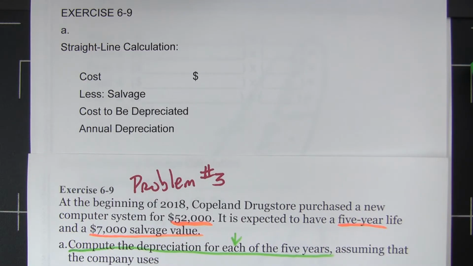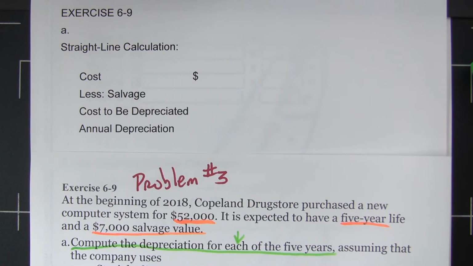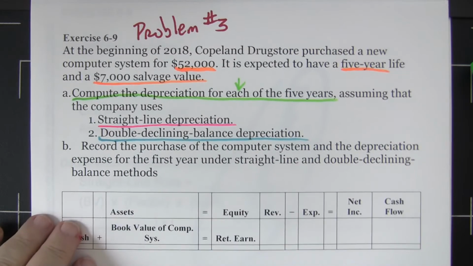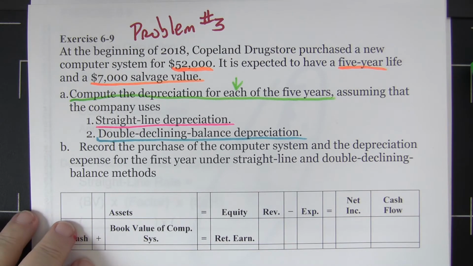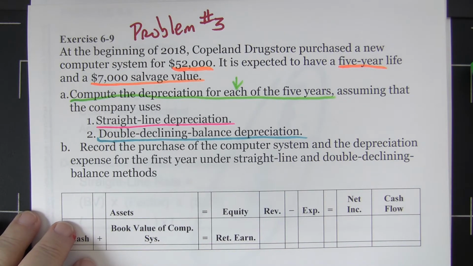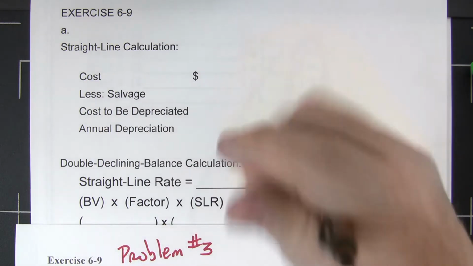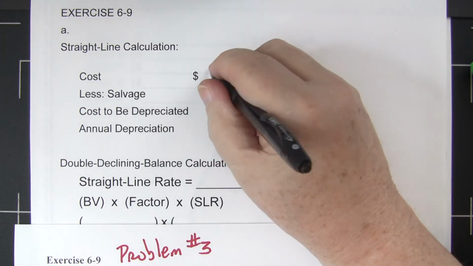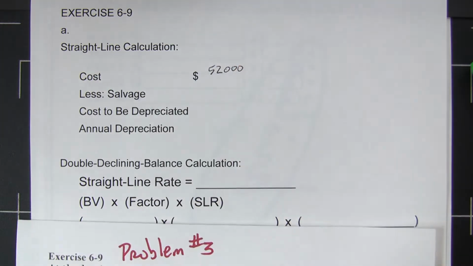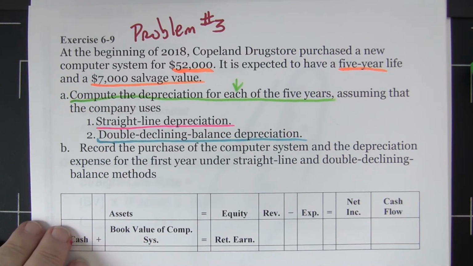Okay, straight line method, we need the cost of the asset, and the cost of the asset, $52,000. Now keep in mind, if we had to have some special technician come install it or calibrate it or something like that, that would be added. They said $52,000, period. Okay, we'll go with that. $52,000. They told us that. They told us that at the end, they estimate, they guess, they assume that there will be a $7,000 salvage